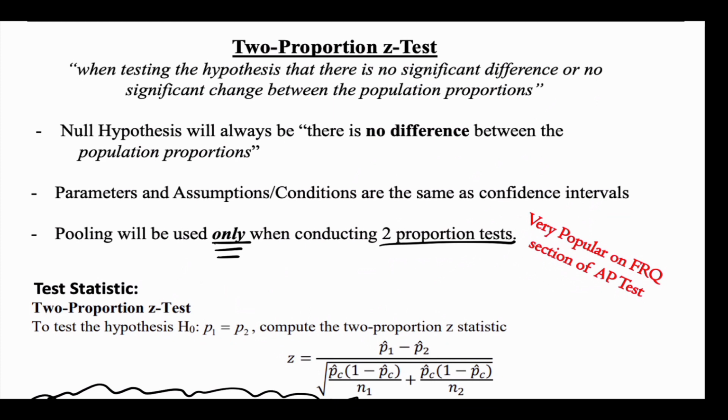When testing the hypothesis that there is no significant difference or significant change between the populations, I'm comparing two populations. Is one significantly higher than the other? Or is one significantly lower than the other? I'm comparing those two, and I use the samples to compare the populations. Okay, so today